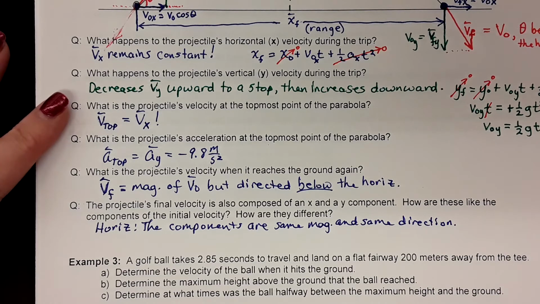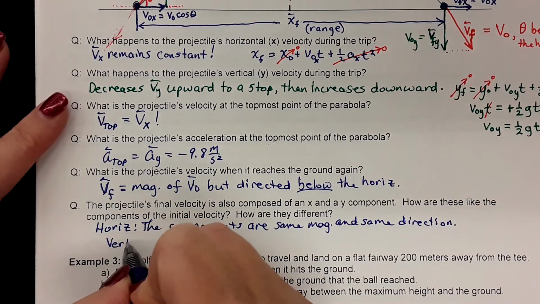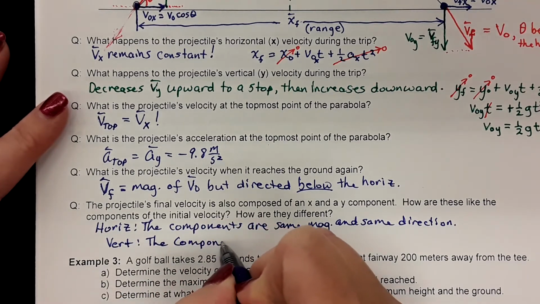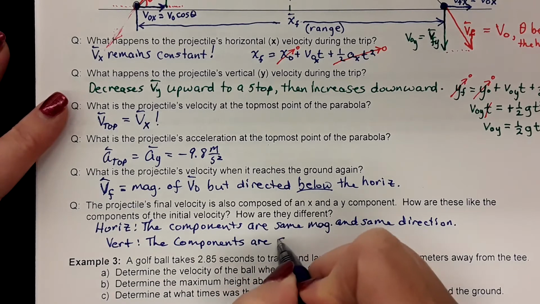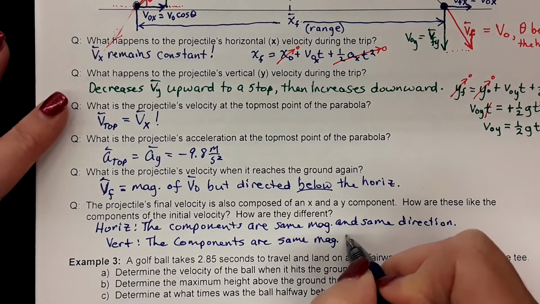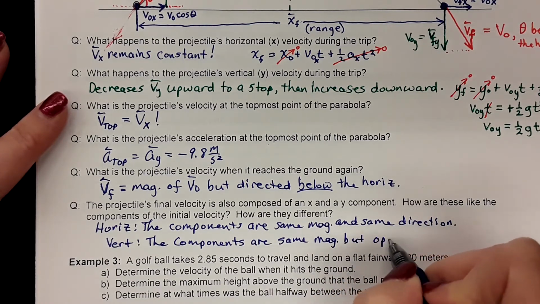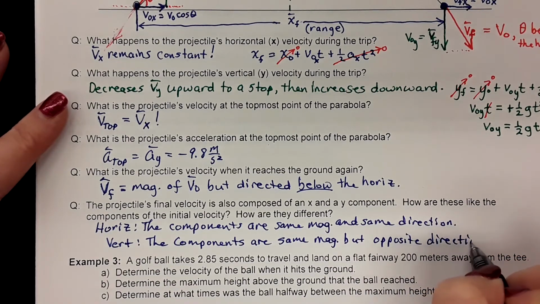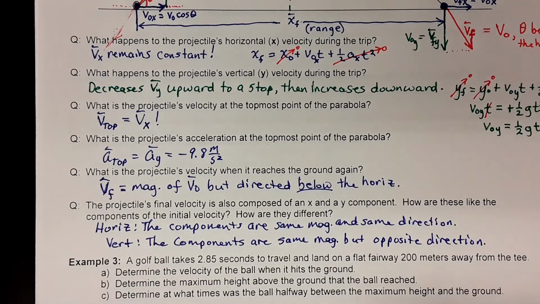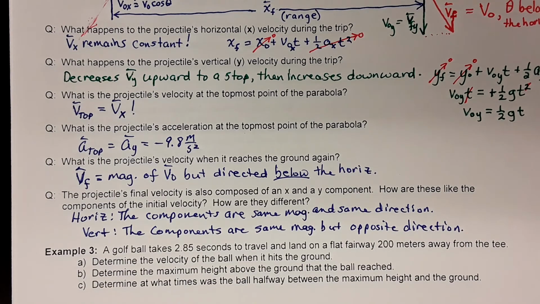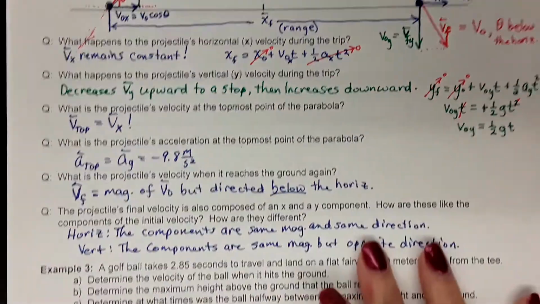Okay, exactly the same. But vertically, the components are the same magnitude. And now we can say it, but in the opposite direction, because the initial one points up, the final one points down, and that is opposite. Okay? There we go. Now, let's take a look at an example, because we've covered a lot, and boy,